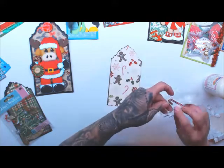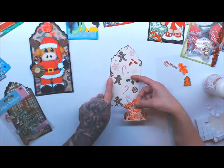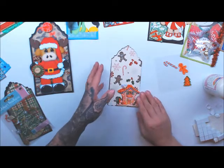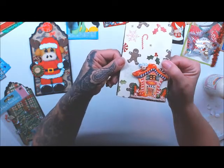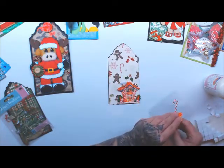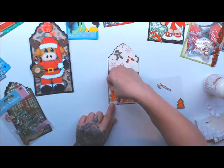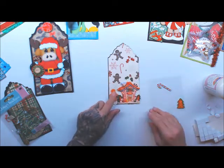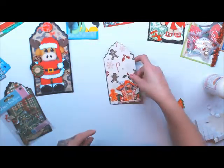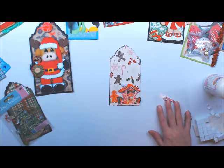And then we're going to go ahead and add some stickers. So if I off-centered that one, I'm just going to put this down to the bottom corner here. So I'll add that little gingerbread house. And let's see. We'll go ahead and put him right there. Just like that. And I feel that he actually needs to have